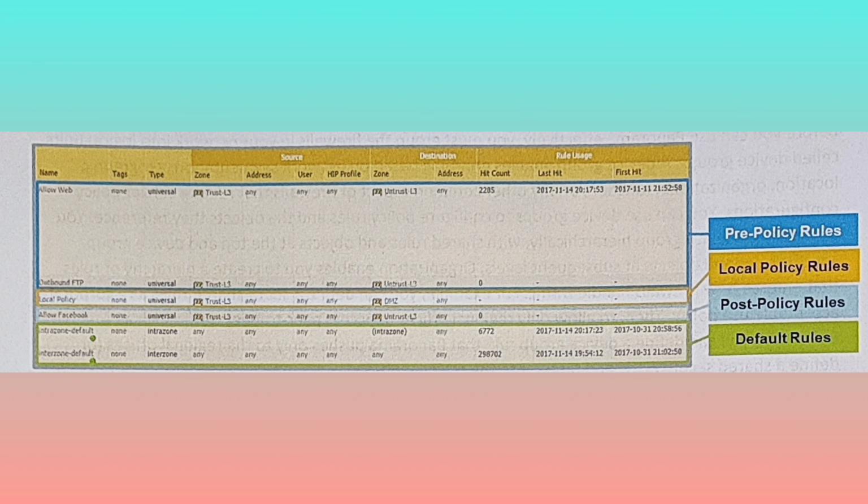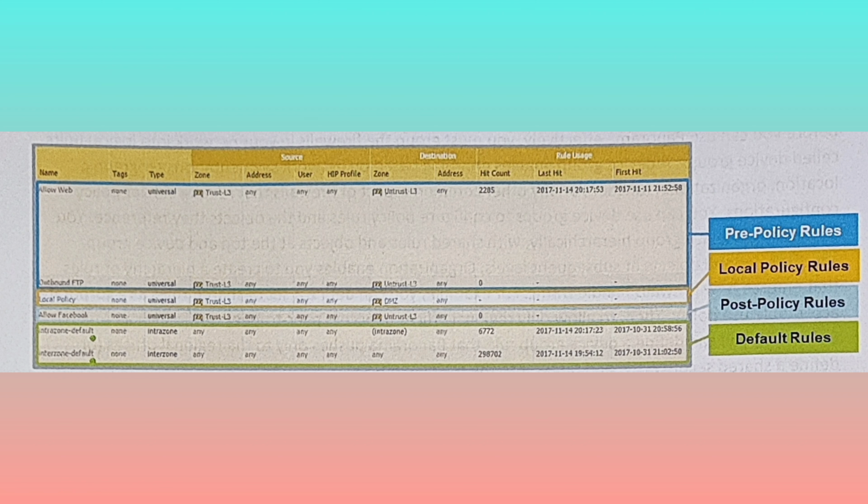Basically, device groups provide a way to implement a layered approach for managing policy across a network of managed firewalls. A firewall evaluates policy rules by layer, shared, device and local, and by type, pre-rules, post-rules and default rules, in the following order from top to bottom. When the firewall receives traffic, it performs the action defined in the first evaluated rule that matches the traffic and disregards all subsequent rules.